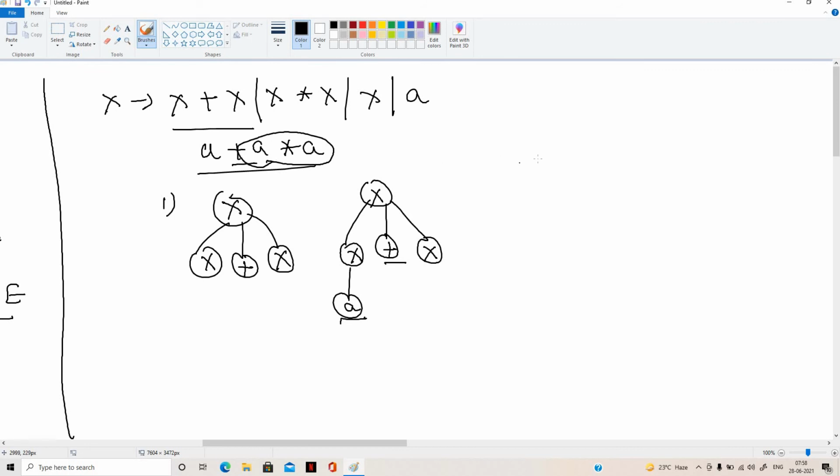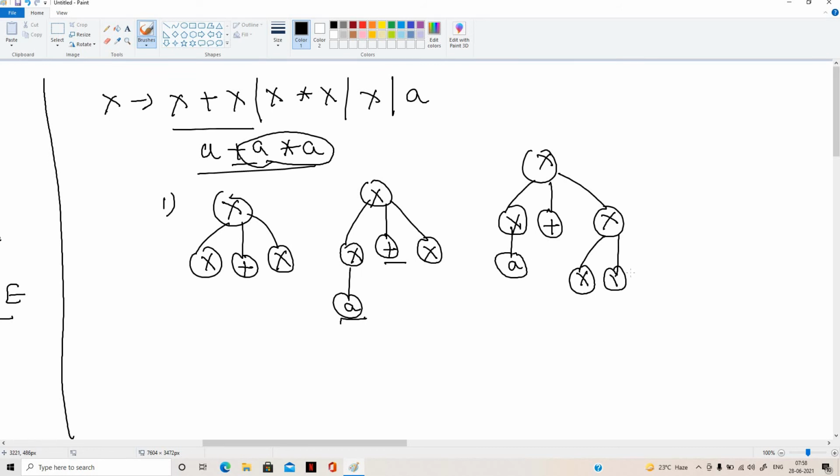Next, our intention is to find a into a. To find a into a, x is derived with a plus the next x, and it can be expanded to x into x only. When it comes to the next step, x will be there, a is there, plus x.